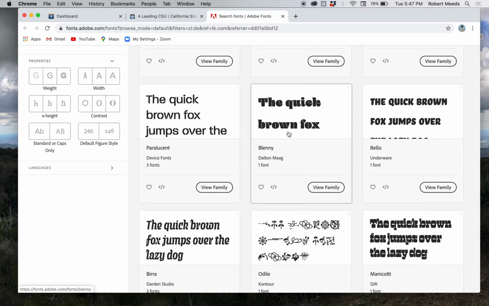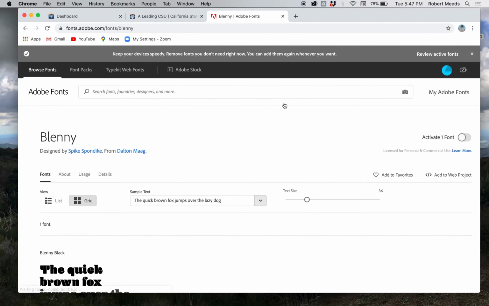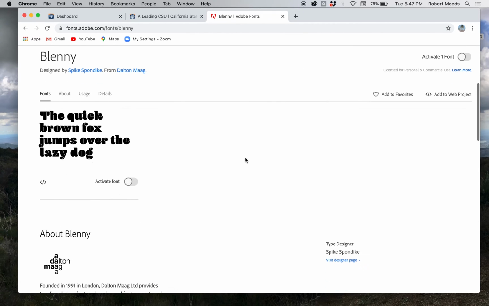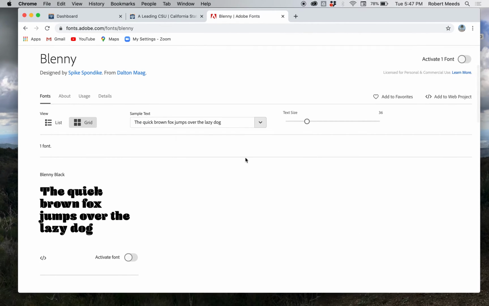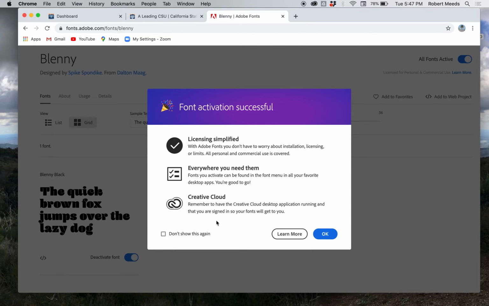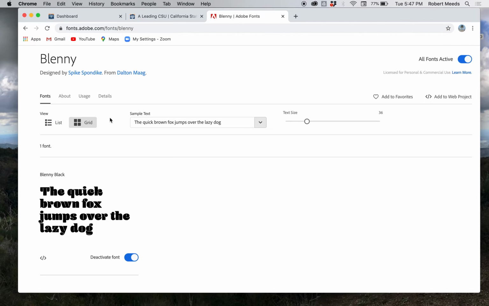So let's say that Blenny is one that I want. I can click on it, and it will show me some of the details on this font. And if I want to activate it, I can activate it here or here. And then that will be available to me in any of my Adobe applications. You see the little notification there saying the font Blenny Black was activated. If I go back to my menu,